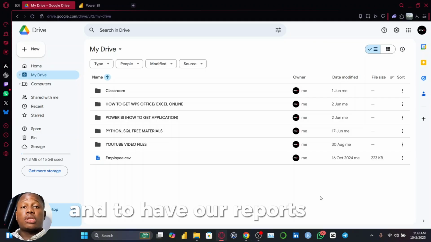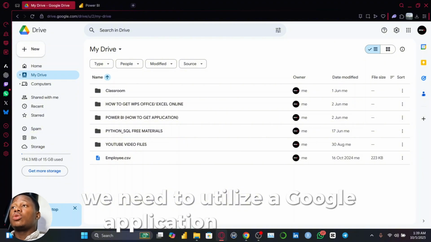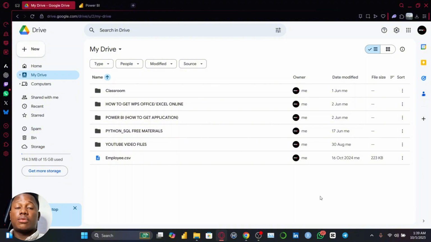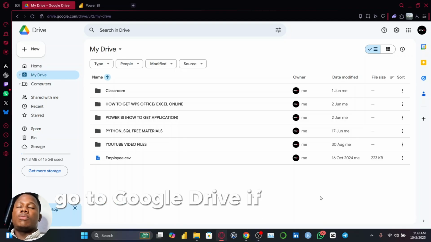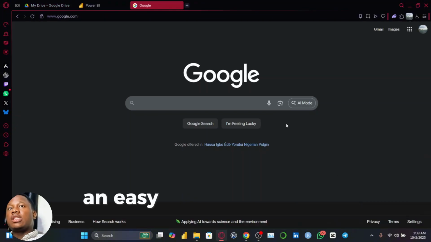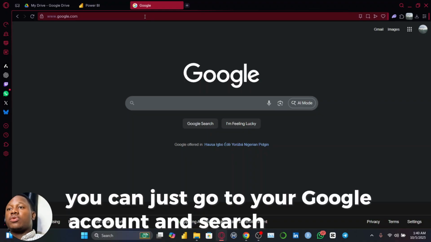And to have our reports linked, we need to utilize a Google application called Drive. We need to be on the Google Drive website. Go to Google Drive. If you already have your Google account, an easy way to access your Google Drive is to just go to your Google account. You can search for